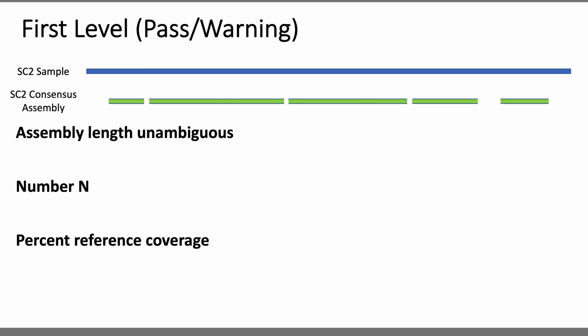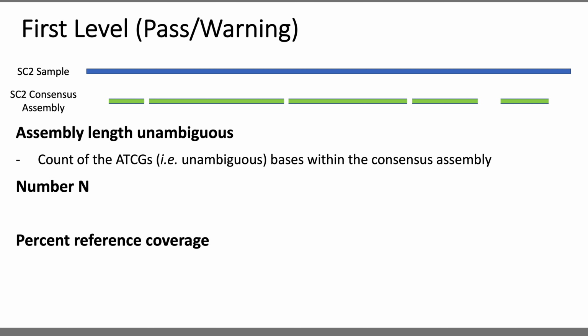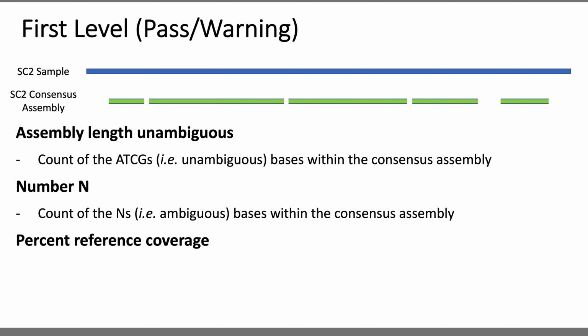First, we're looking at the assembly length unambiguous. This figure is the total count of unambiguous bases, that is A's, T's, C's, and G's, within the final consensus assembly. So a higher value in the assembly length unambiguous is an indicator of a stronger consensus assembly. And the sort of inverse of this figure is the number of N's, or the number of ambiguous bases